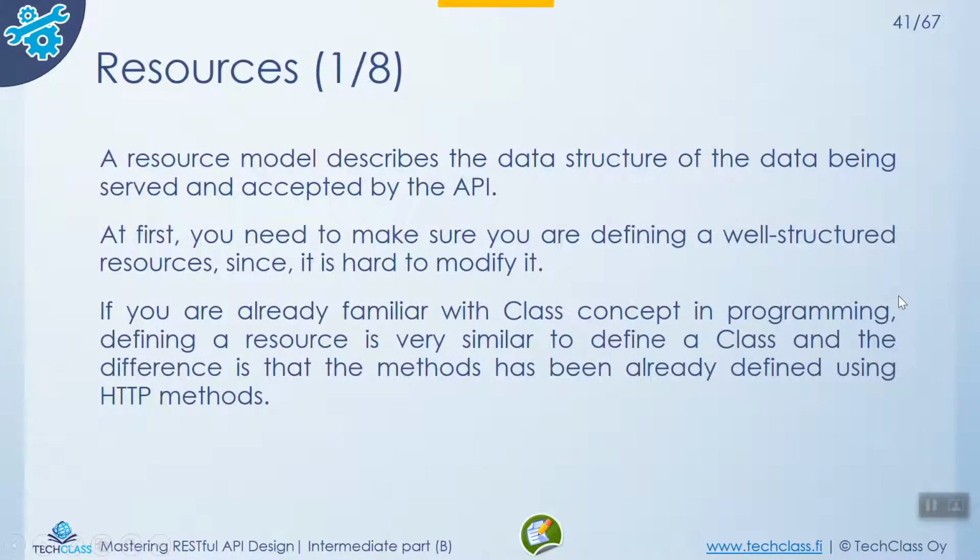Alright, now we got to the very interesting part of the material: resources. Resources are the most important part of APIs because they are the bricks of our information. They are the things that change, the things that we try to send to our users, to clients, to show them some information, let them change something, let them insert new records or delete some existing records. That's a big part of the purpose of these APIs, to work with these